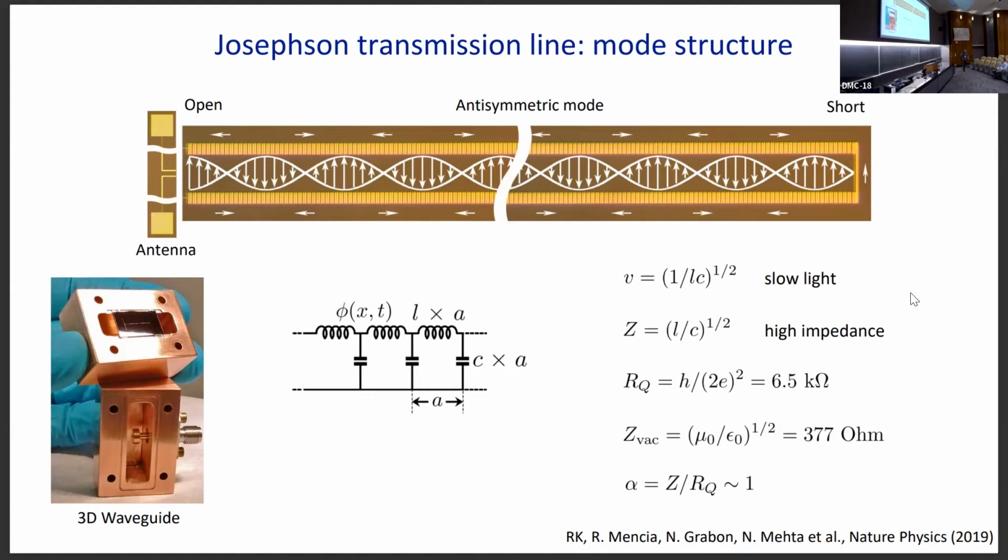So when you make it finite length, so here, for example, you have it shorted at one end and open on the other end, the waves will be quantized, so there will be a discrete set of modes. And we can excite those modes by coupling them to external RF fields using this antenna at the end. And the whole chip is placed inside a 3D waveguide. Here is this device. It's 10 meters long, so you can see it. And we couple it to external RF signals and perform spectroscopy.